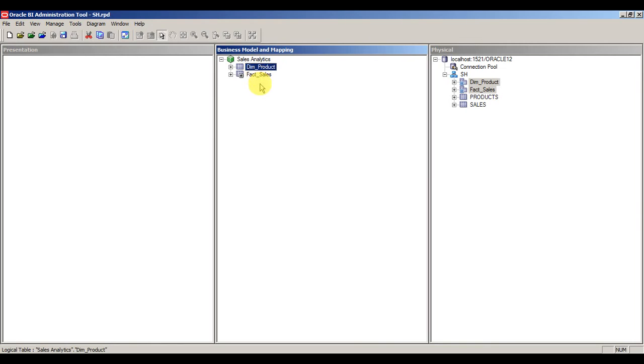Here you can also change the names to better names with spaces. Let's say I will give different names: sales fact and product dimension.